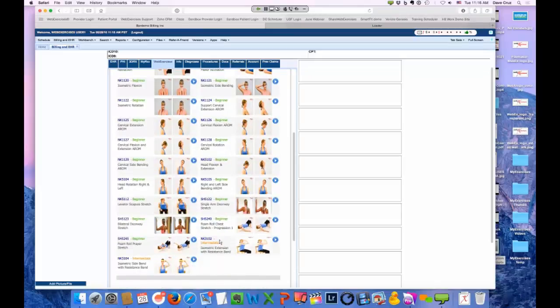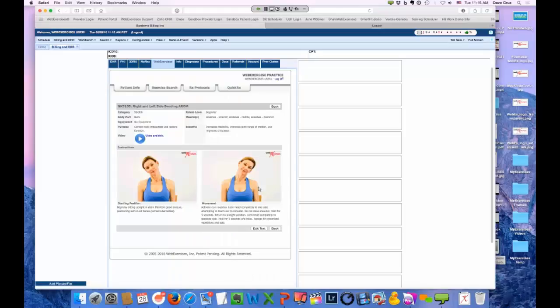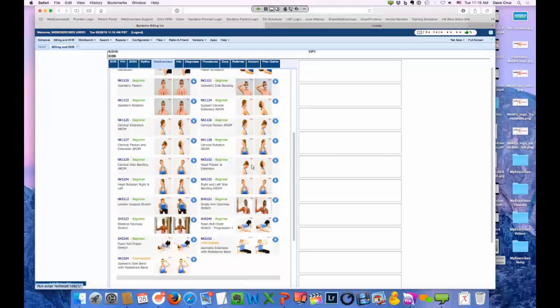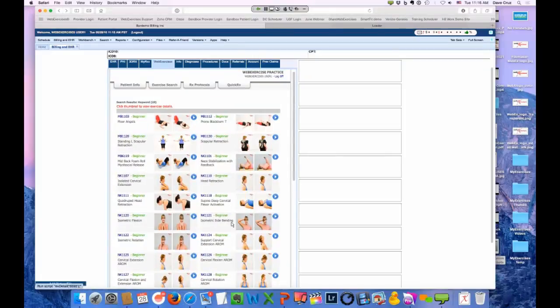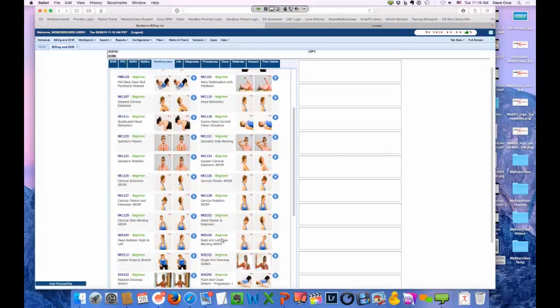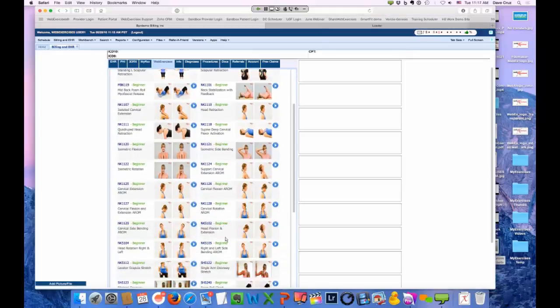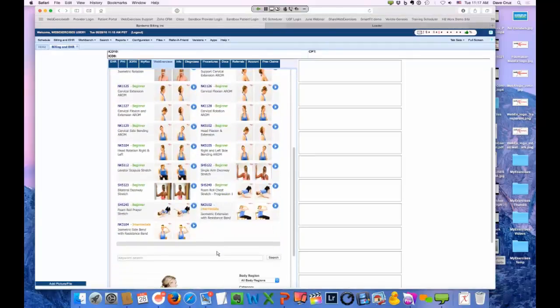And again, these are photos and videos which you can send to your patients because we want them understanding. A patient that understands what they're supposed to be doing is going to be more engaged. Somebody that's more engaged is going to be more successful at what they do. And so the search criteria here really just allows you to go through this and simply find exercises based on what sort of criteria you would like.